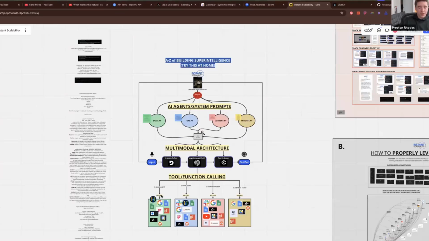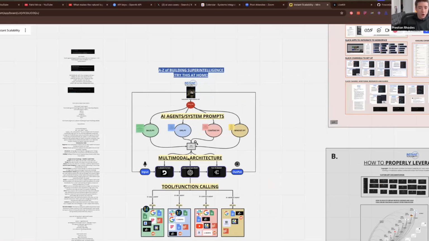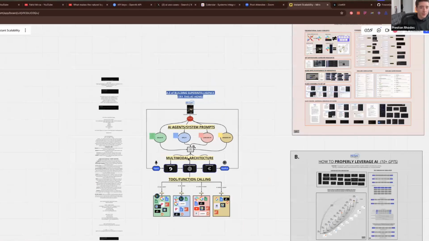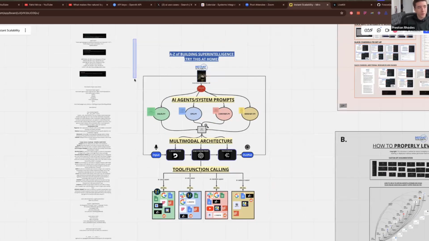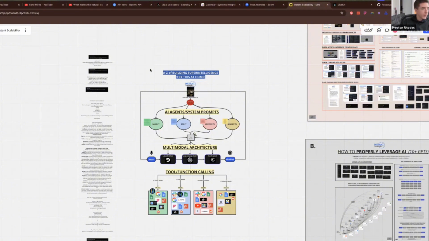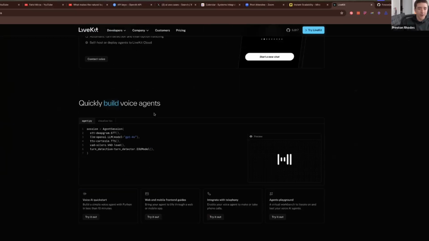Today I'm going to be explaining the multimodal architecture of LiveKit, a recent open source project that's partnered with OpenAI. This company also recently raised their second round of seed funding, I think at around $80 million. Very few people right now are doing this or know how, because it's not very no code